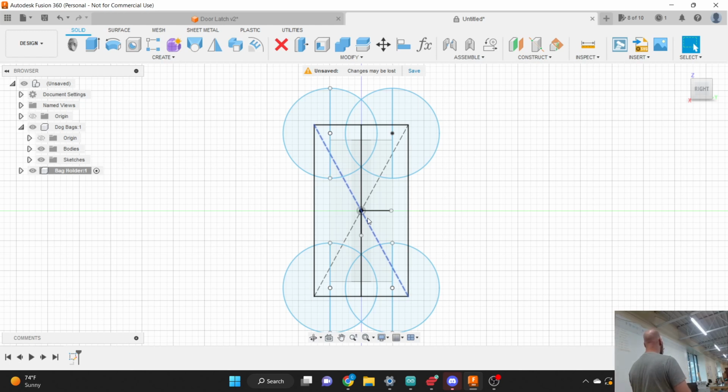I might come back and constrain them later if I really like the result, by adding some dimensions or some constraints that set dimensions from the center point, for example. I could dimension things from the center point, and I might come back and do that. But for now,